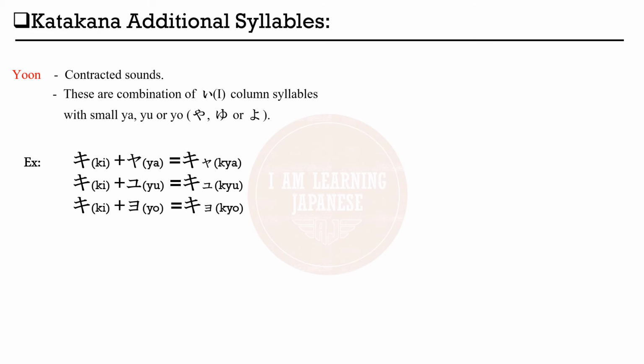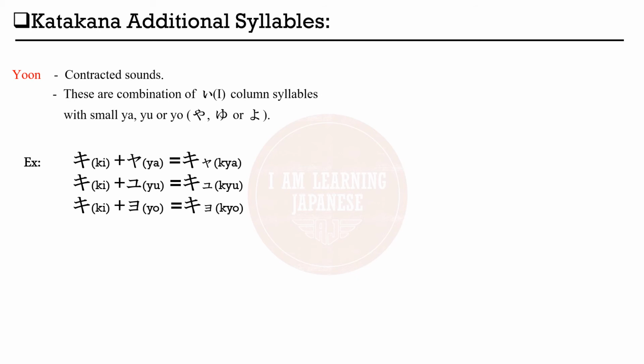Ki plus yu, you can see kyu. The second letter yu is written in a half small size, by which you can understand that this has to be pronounced as kyu. If you write that second letter ya, yu, yo at an equivalent size to the first letter, then it will be read in a different way, ki plus ya, right? So it won't be read as kya. So this is the condition.